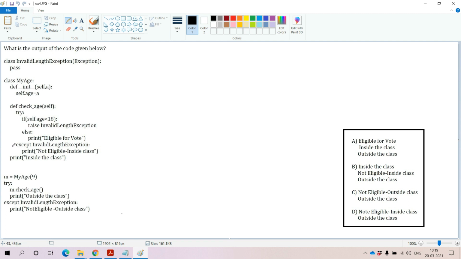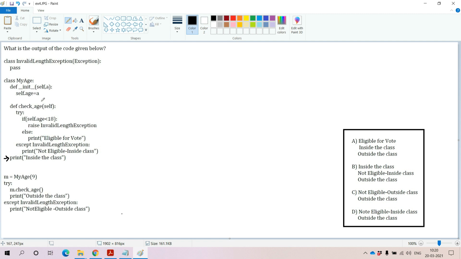instance method, a user defined instance method, and along with that instance method we have one print statement within the class level. It does not belong to the user defined method check_ace at all. It is at the class level. Try to observe the indentation. It is at the class level. While interpreting this program, since the print statement is directly available in the class, that is the first and foremost line that we are going to get.